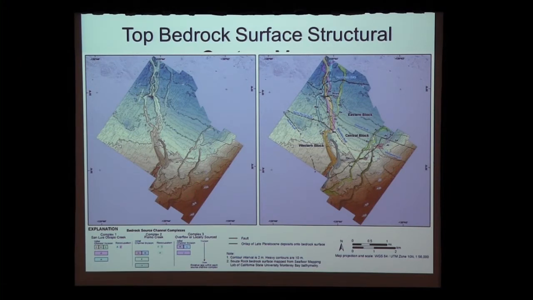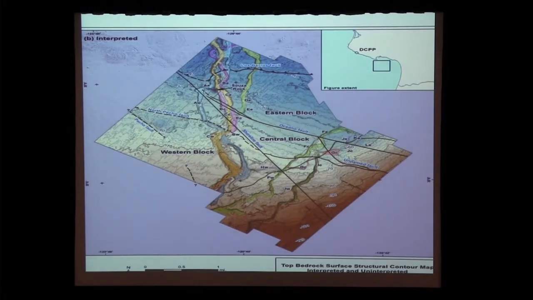We've removed all the sediments on top of that, and we've gone down and used the bedrock surface. And this is the bedrock surface uninterpreted. Here it is interpreted, and this is just blowing up to show you what it is. Now what happens here, which I think is really quite interesting, we could bring the shoreline fault down to this point here, and then we're able to carry it all the way down to the southern end of the 3D volume.